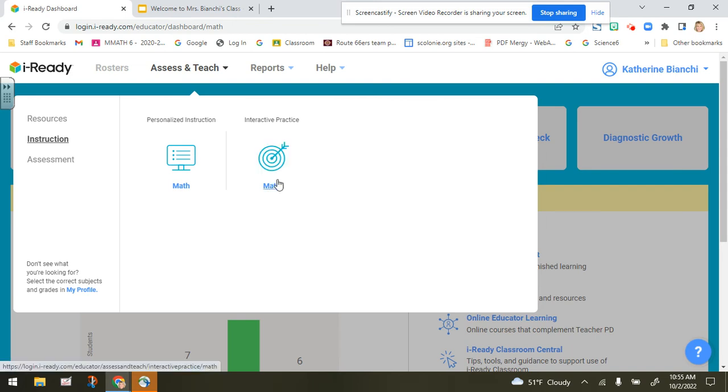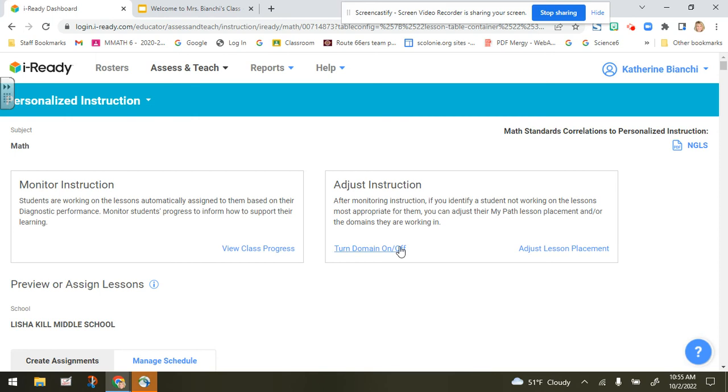However, it's been my experience that they don't get a numeric value. They just click on done, and it doesn't tell them whether they performed well on it or not. So they don't necessarily get the feedback. You get the feedback as a teacher, but the student doesn't. However, with personalized instruction, not only do you get the feedback, but the students get the feedback as well. So let's start with looking at this first,